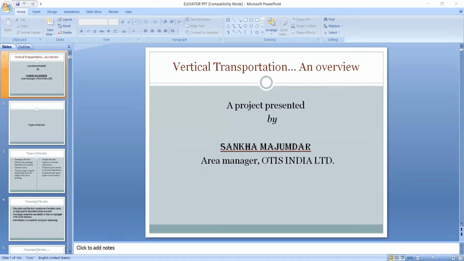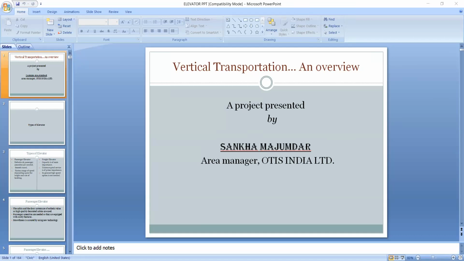So, in our today's discussion, we will mainly cover elevators. Elevator is basically a US word. In pure English, the British call it a lift. So, what is an elevator?